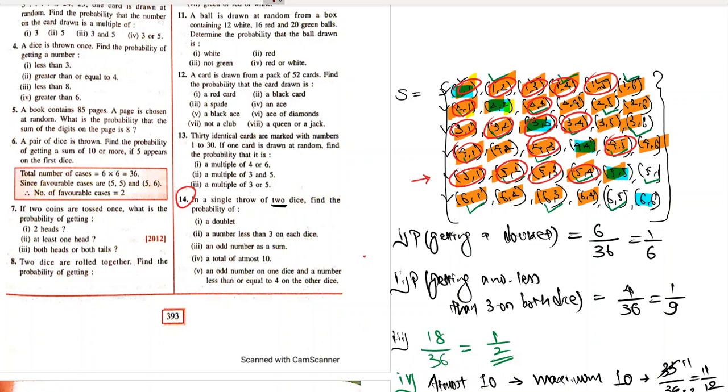But 6 comma 1, one number is odd, other is less than or equal to 4. Odd number is the smaller number. Odd number cannot be the smaller number. 4 comma 1 is okay, because one number is odd and the other is less than or equal to 4. So that idea fits here. Okay, so we have got the numbers. So how many such outcomes are there where one number is odd and the other number is less than or equal to 4? Let me count. 1, 2, 3, 4, 5 in the first row. 6, 7. That's it. Only 7. That is only 2 in the second row.